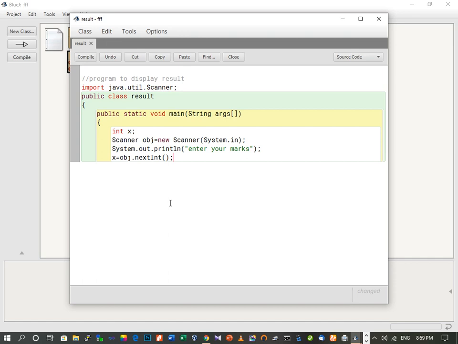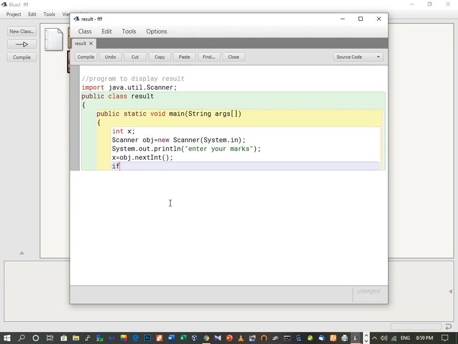Whatever user will enter, that will be stored in x. And now here we will apply the if else statement, which will test all the conditions, like if the marks is between 80 and 100, then it will be distinction, and so on. So we are going to apply the statements.